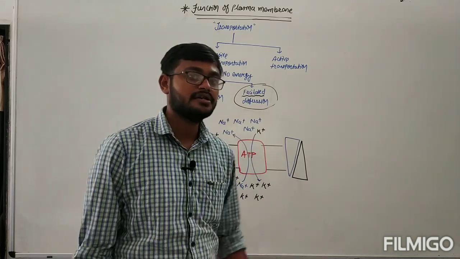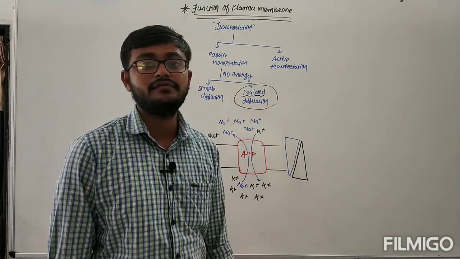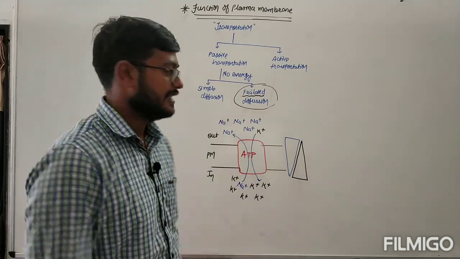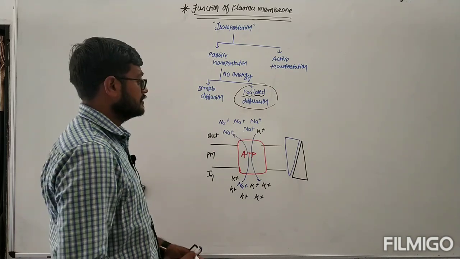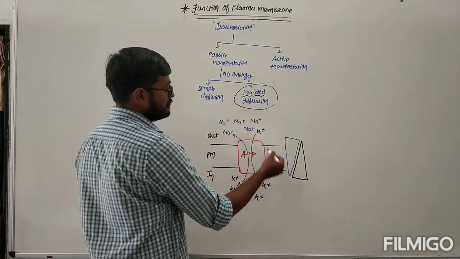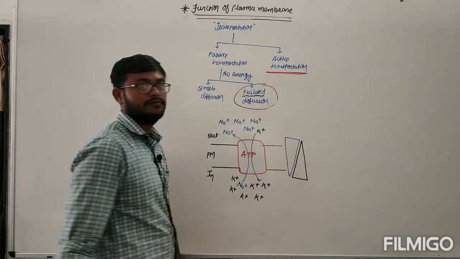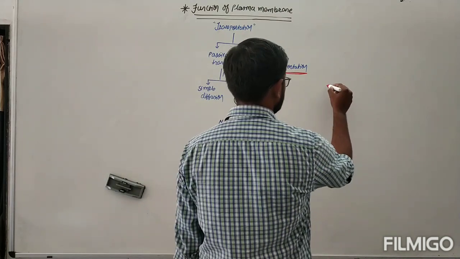You have learned many times that ATP is the energy currency of the cell. It provides the energy to the cell and it helps in the mode of transportation. So now this specialized kind of mechanism is being used in the active mode of transportation. Apart from them, another thing is also there.